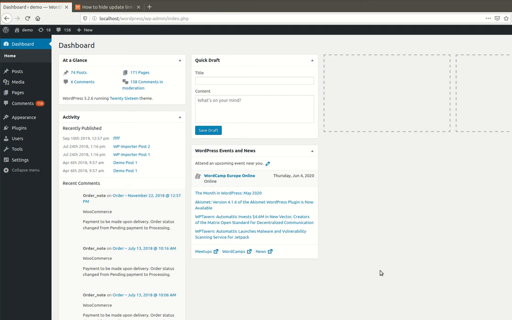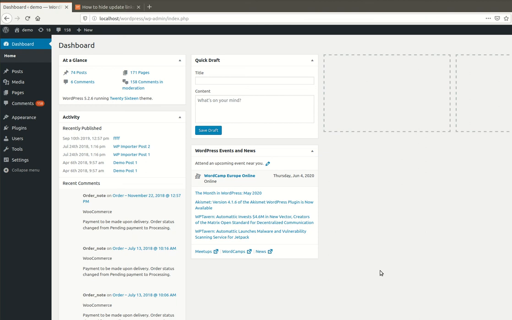But if you keep using an old version of WordPress, and in this way hide the update links from your website, and you are not going to update WordPress from the backend of your website, then the chances of your WordPress site being hacked will be much higher. So I will not suggest you hide the update links in this way, because this is not good for security purposes. You must keep your website up to date with the latest WordPress.